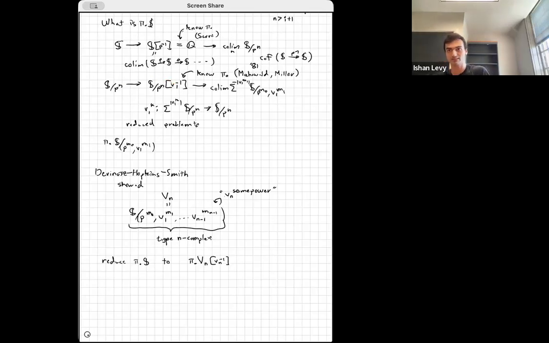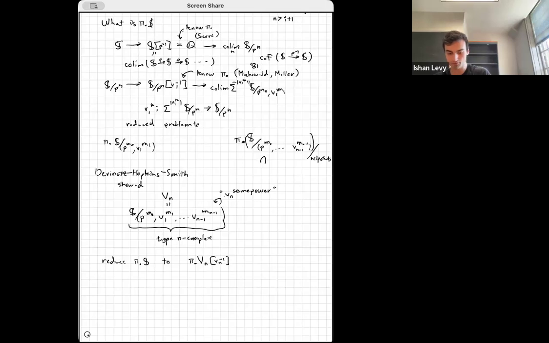The reason is that what Devinatz, Hopkins, and Smith prove is that if you take the homotopy ring of the sphere modulo p, some power of p, all the way up to some power of v_{n-1}, and you mod out by nilpotence,